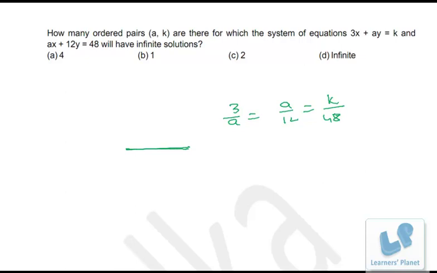Okay. Now friends, from these two we can find out the value of a, that is a square is 36, that means a is plus minus 6, right? Now from the two values of a we'll be getting two values of k, right? If we put one value of a over here, we'll be getting one value, and if we put the other value of a, we'll be getting the other value of k, right? So precisely we'll be getting two pairs of a and k. Okay, I'm sure you are clear.